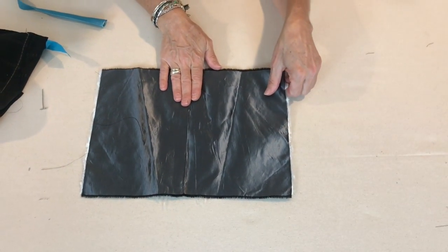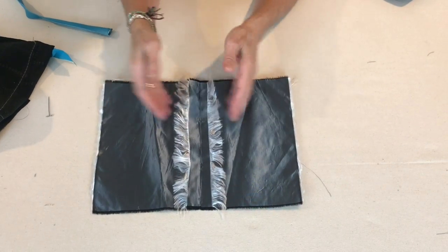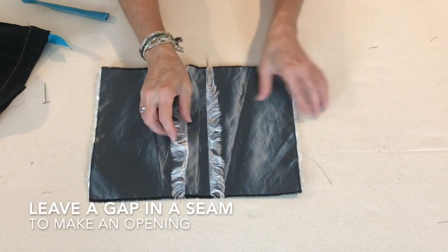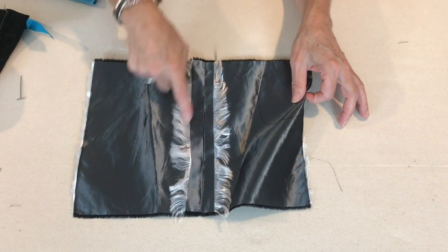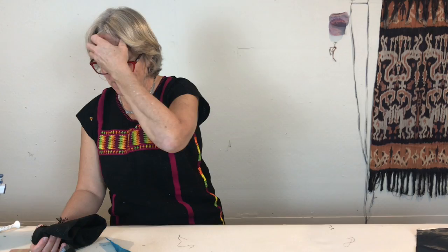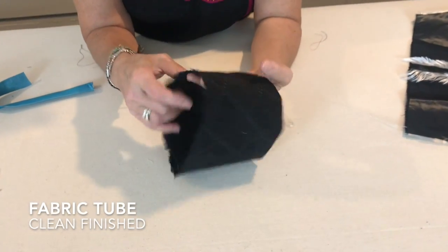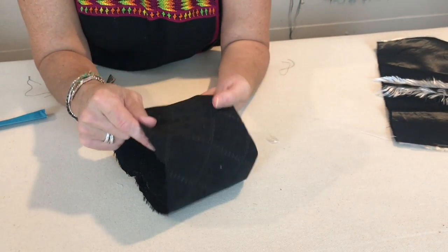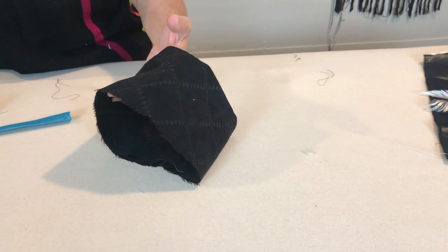The other thing is sometimes the seam allowance is interesting. So instead of having a clean seam like this, you might say, oh, that's kind of cool, and then it made all this fuzzy stuff on the outside. So there's my seam. It has a little opening for a pocket, but also has a fuzzy edge, a very feminine looking piece. And one other thing, let's see if I have the right stuff to show you this, is that you can often do a closure on the bottom of a piece, or on a sleeve or a cuff, but I'm not sure if I have the right